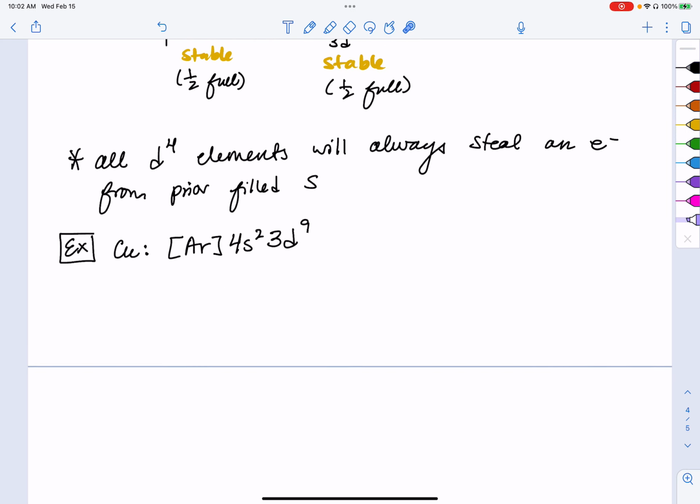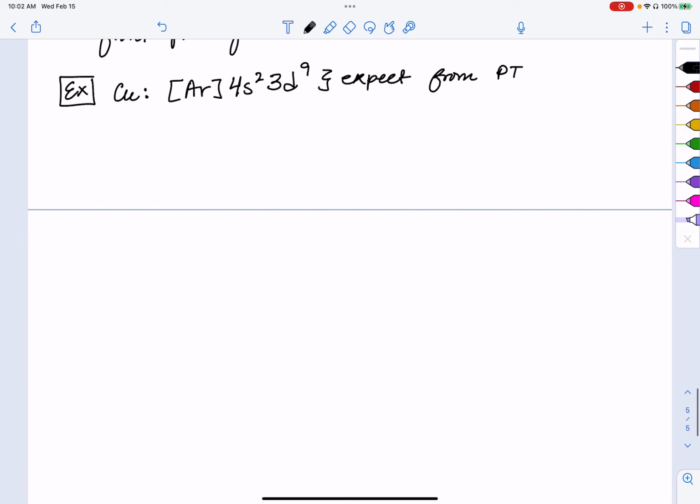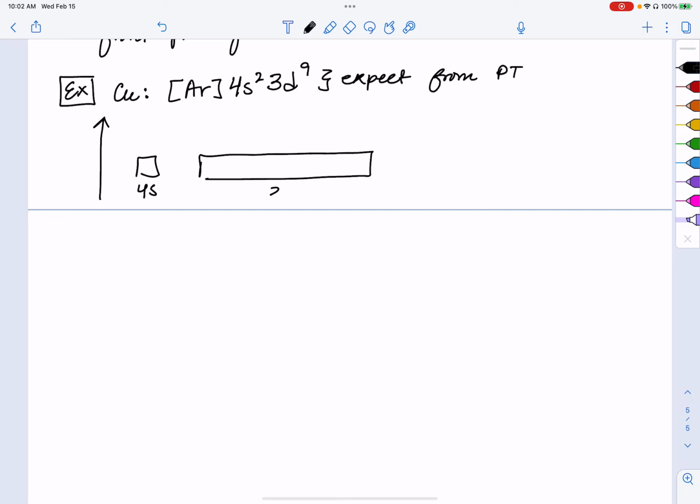And again, this is what we would expect from the periodic table. However, if I were to draw my valence configuration here, looking at my 4s and my 3d from this periodic table prediction, I would have 4s full and 3d 1, 2, 3, 4, 5, 6, 7, 8, 9,